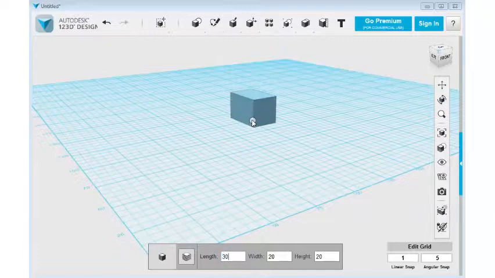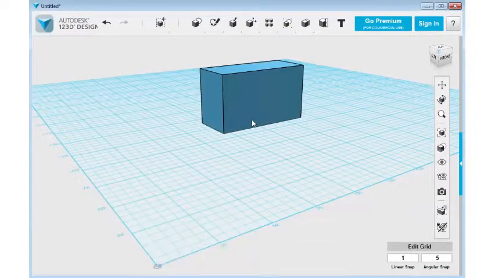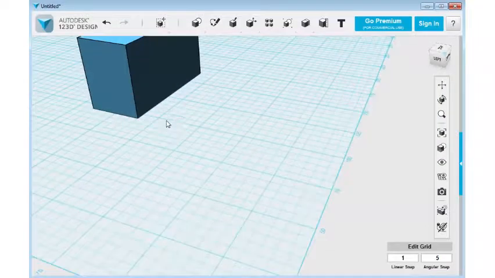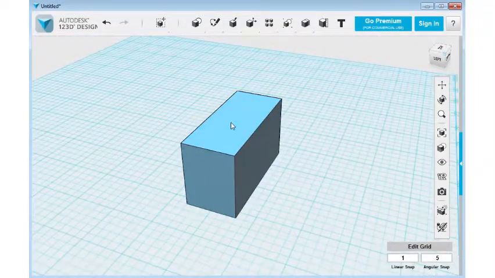But I can change it. I can go 30 there, hit tab, you can move over to the next field. You do 70, then do 40, and then when you click, it retains those dimensions that you just entered. Let's see what we got here. So if I click on this